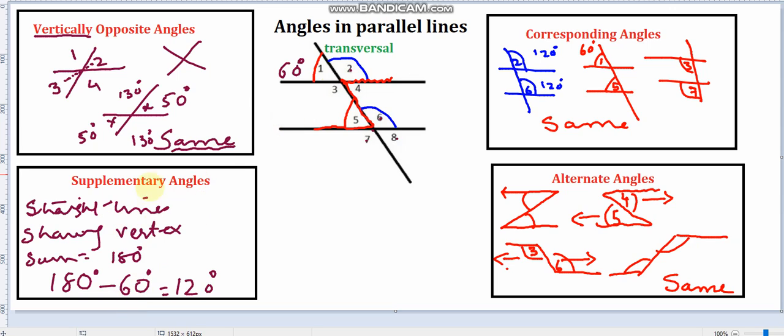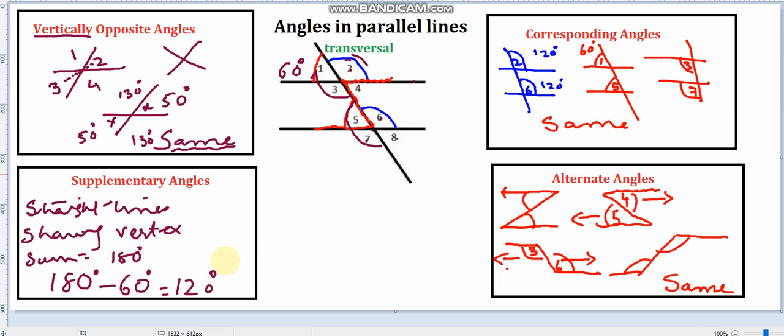Now let's see where the straight lines are. I can see this is the straight line. So angles 1 and 2 are supplementary angles. Similarly, angles 3 and 4 downward are also supplementary angles. If I look at this straight line, angles 1 and 3 are supplementary angles. Angles 2 and 4 are supplementary angles. Now with the second line, angles 5 and 6 are supplementary angles. Angles 7 and 8 are supplementary angles. Now with this transversal, angles 5 and 7 are supplementary angles and angles 6 and 8 are supplementary angles.